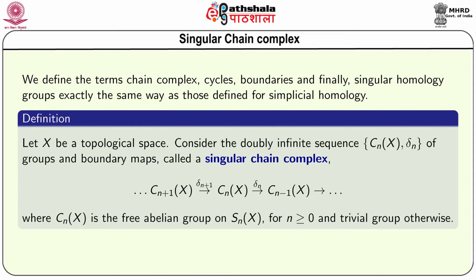Now, we define the terms chain complex, cycles, boundaries and finally, singular homology groups exactly the same way as those defined for simplicial homology. Let us go through the definition of singular chain complex. Let us take X as a topological space. Consider the doubly infinite sequence C_n(X), delta_n of groups and boundary maps. We call this collection a singular chain complex